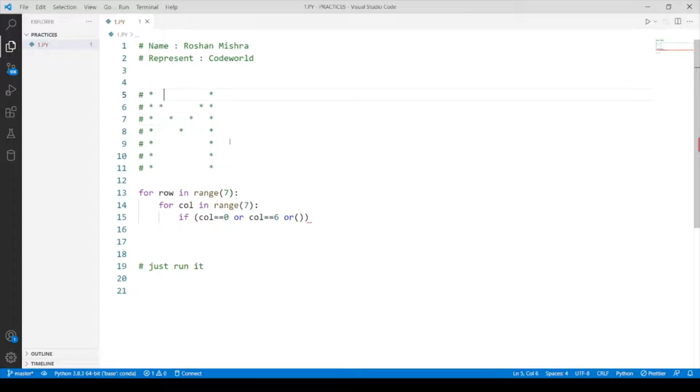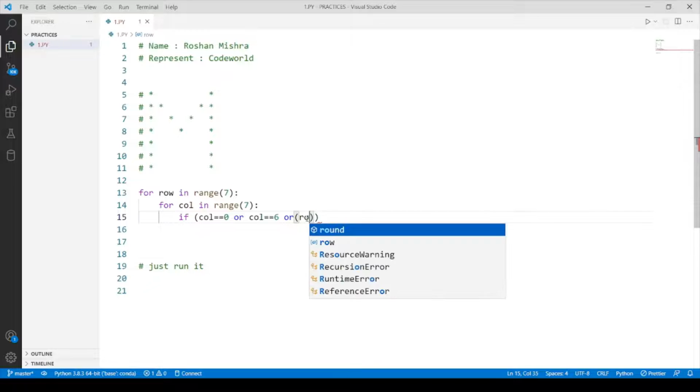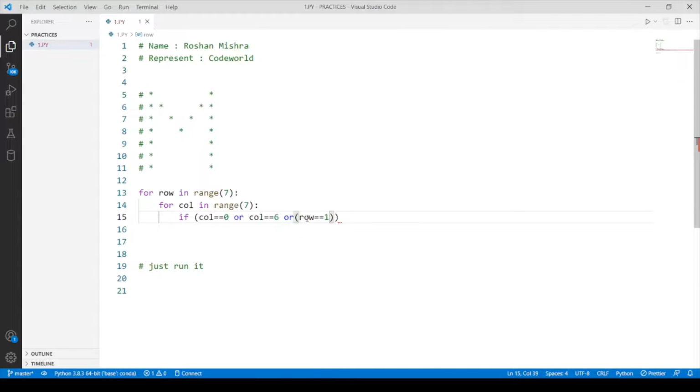So or, if row equals 1 and column equals 1, then print 1 star. Or if column equals 2 and row equals 2, then print 1 star.